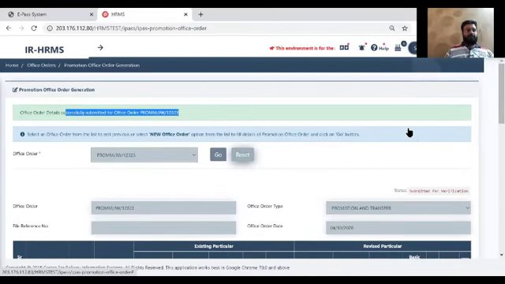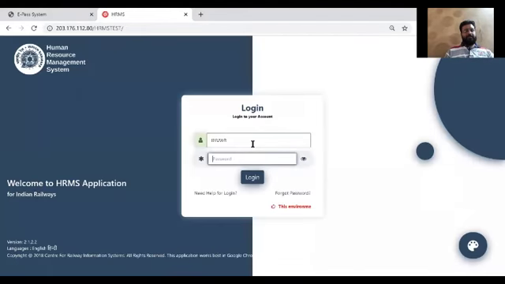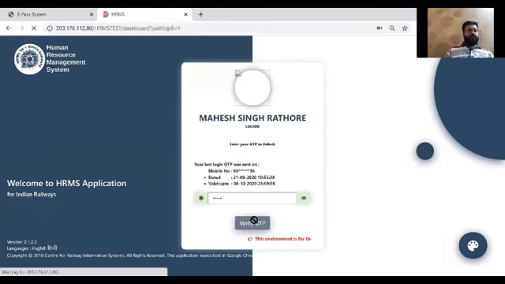So my level 2 officer in this case is Mahesh Singh ji. So I'm just logging in again with his ID and OTP. So now level 2 officer will validate the information that are entered by DC for transfer order.